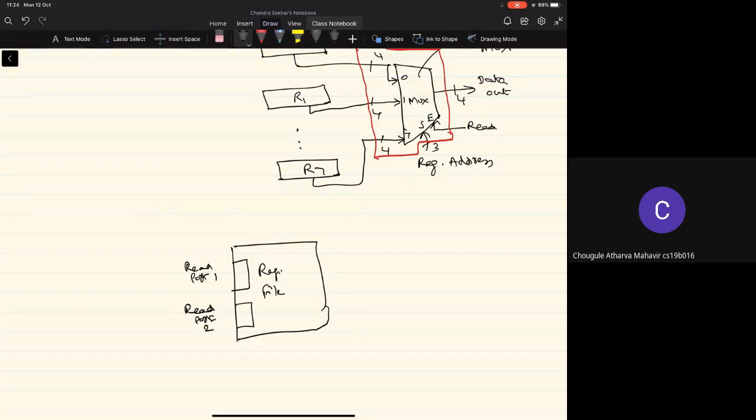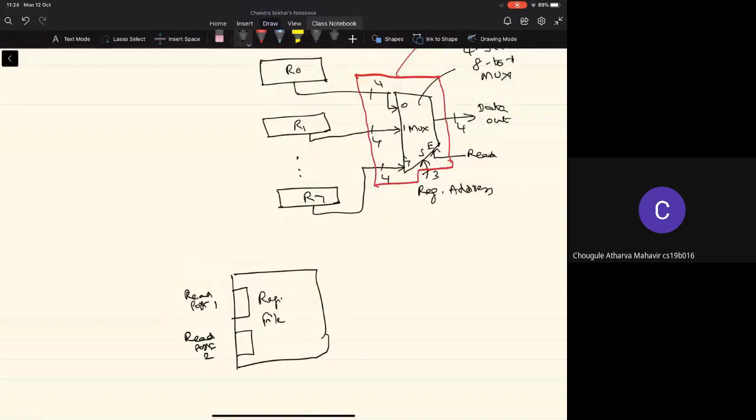What are the inputs to a particular read port? It is the register address. So this will have a register address and it will have the data output, and this will have another register address and it will have data lines.